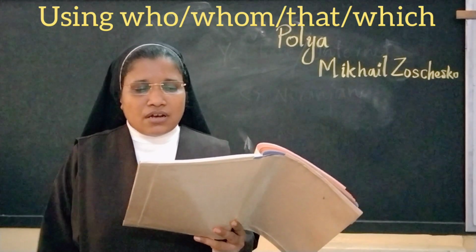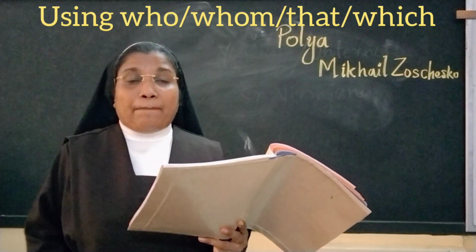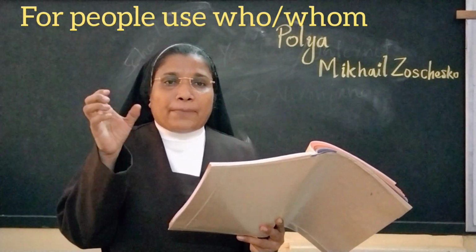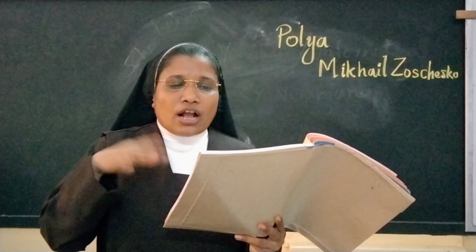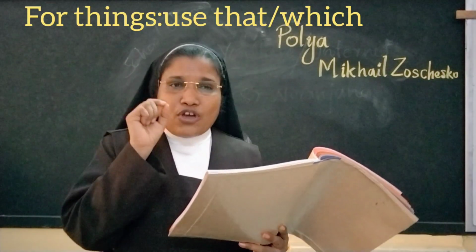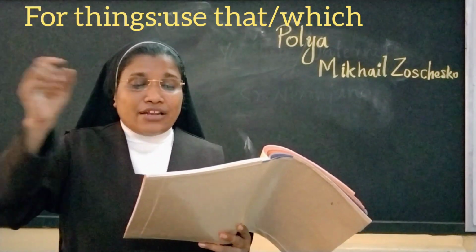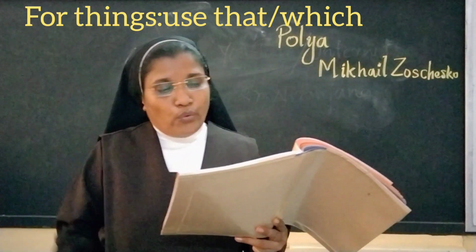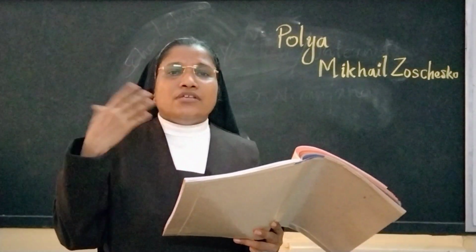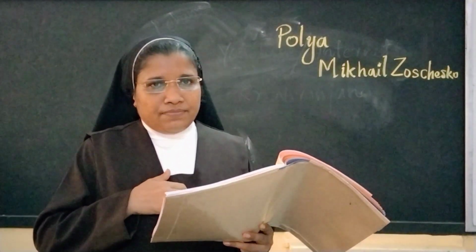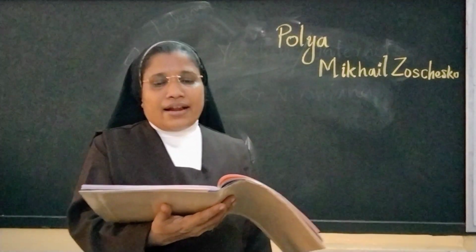Then you can write. We use who or whom when we talk about people. So when we are talking about people, connecting the sentences, we can use whom and who. When we talk about things, we use that or which. If you are saying about any things, about the chalk, about the scroll, about the tree, then you can use that or which. Not who. Who and whom are used for the people. So for that, the coming activities are examples.